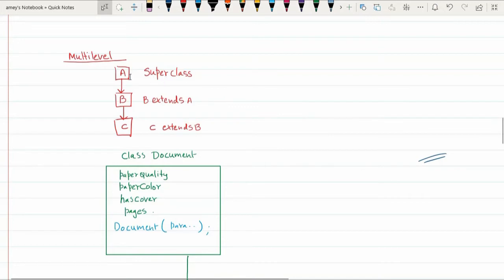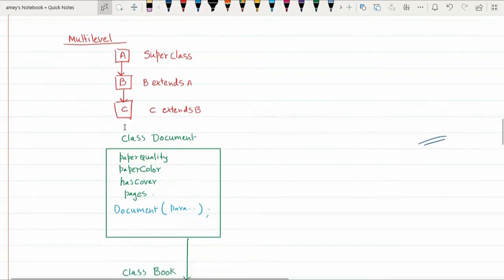In multi-level inheritance, you have a superclass A, a subclass B which inherits properties from the superclass, and then you have a child class C. This child class inherits properties of this subclass. So you have C that inherits B, and B in turn inherits A. So the traits of A are indirectly inherited by C. This kind of multi-level inheritance can really go to any level. Here there are only 3 classes, but you can have n number of classes. So this is basically multi-level inheritance.